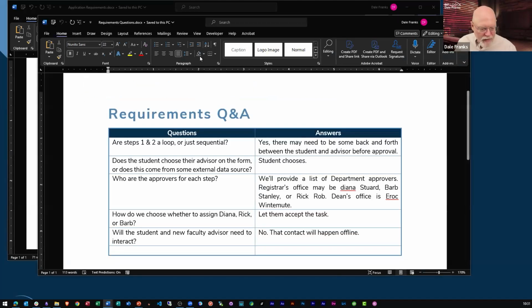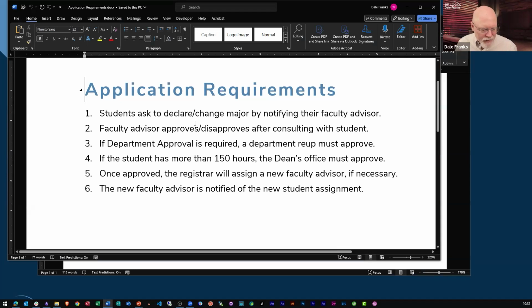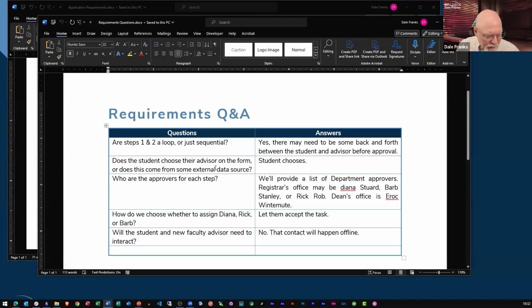So when I look at step one or two, so again, let's look at step two. Faculty advisor approves or disapproves after consulting with the student. All right. So do those things happen sequentially? Is that a loop? Is that iterative? Is there some back and forth between the advisor and the student, or is this just a single step? It happens once and then we move on.